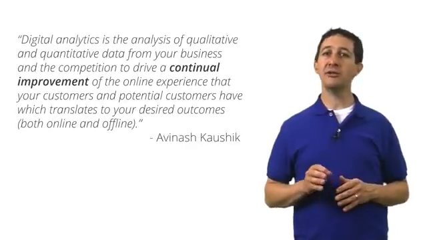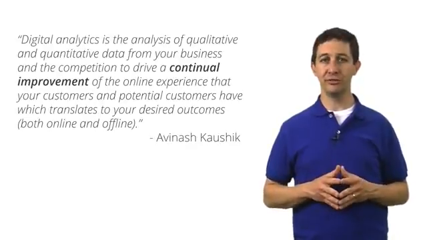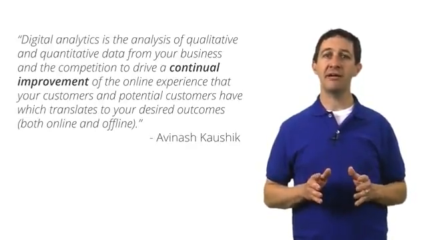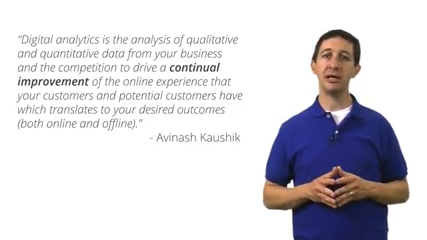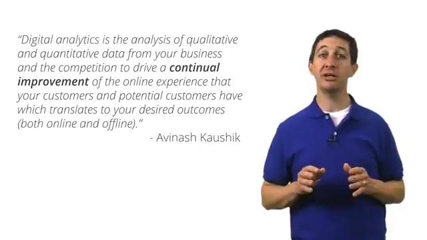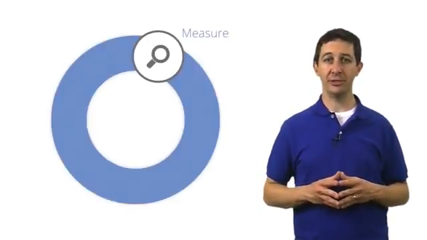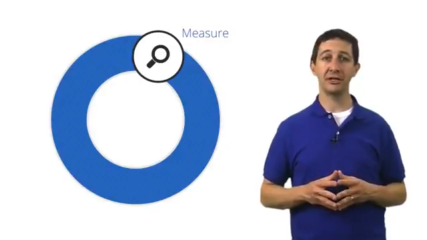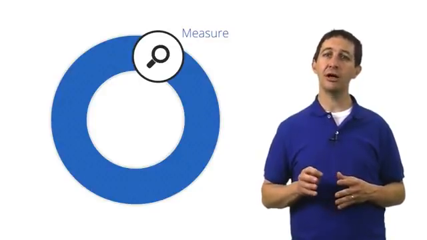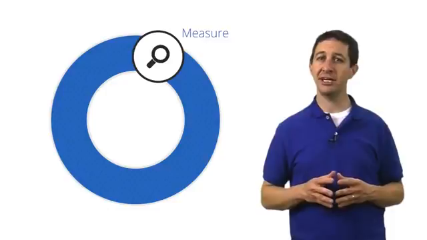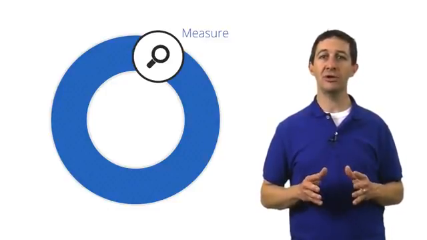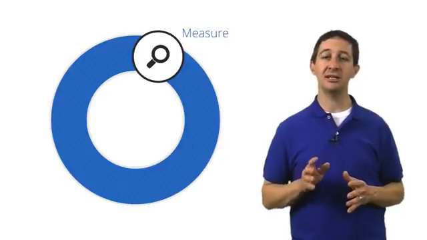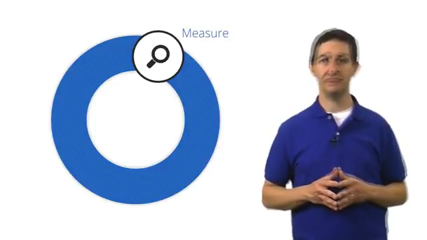Finally, let's talk about the idea of continual improvement. Data can be the driver of a continual improvement process for your business. Let's step through this process and talk about it in more detail. The whole process starts with measurement. How many people are completing the customer journey? And where along that journey are you losing or retaining customers? In a nutshell, the measurement stage is all about collecting the data needed to answer your business questions.